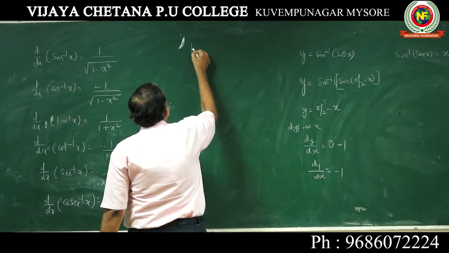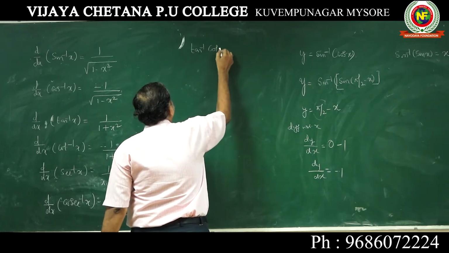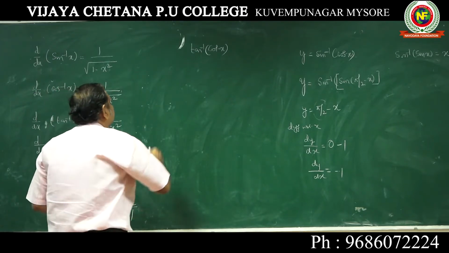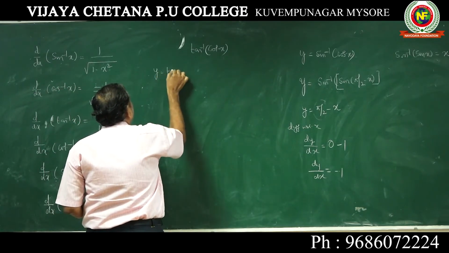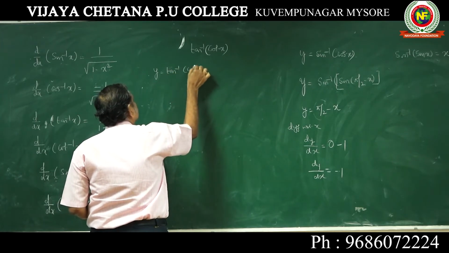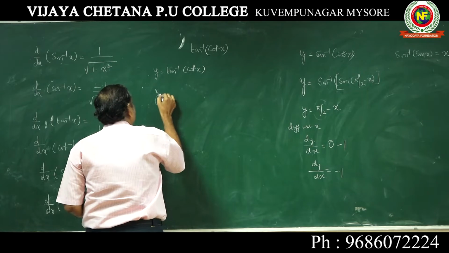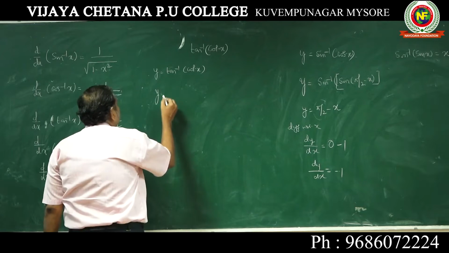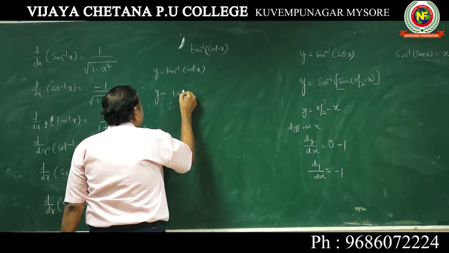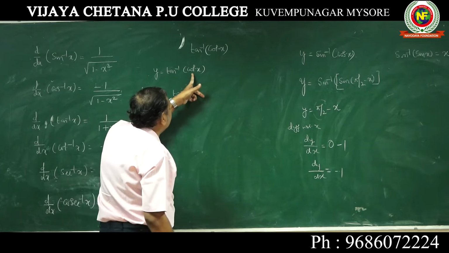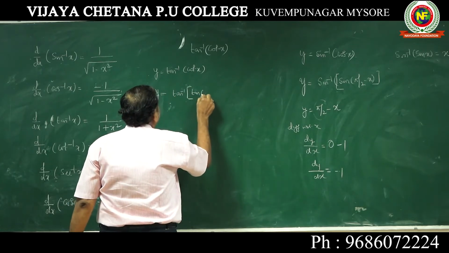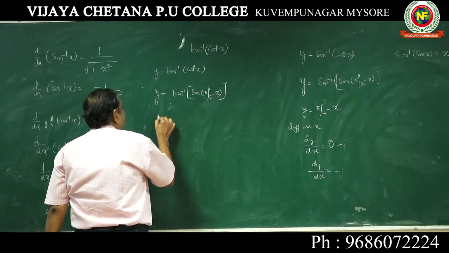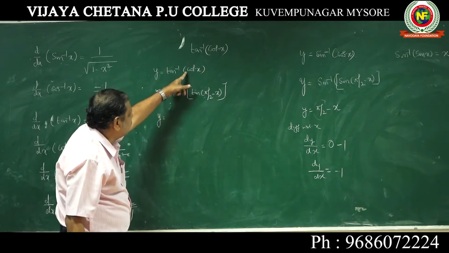Now, tan inverse cot x. You have to differentiate tan inverse cot x. Take y is equal to tan inverse cot x. I told you, if you want you can go by 1 over 1 plus cot square x into d by dx of cot x. Or you can do it this way: convert to the complementary angle of cot x. You can write it as tan of pi by 2 minus x. Tan and cot are cofunctions. Understood how we wrote cot?